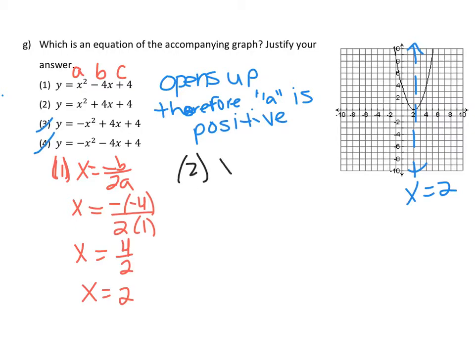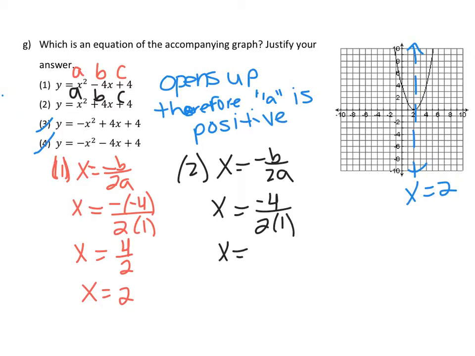So let's look at choice 2. X equals negative b over 2a. We have a, b, and c. X equals negative 4 over 2 times 1, which is negative 4 over 2, which is negative 2. So that wasn't the case for this one. This one has x equals negative 2 as our axis of symmetry,